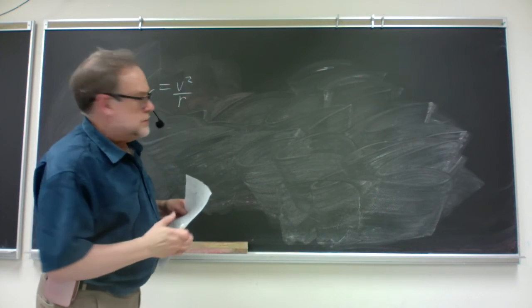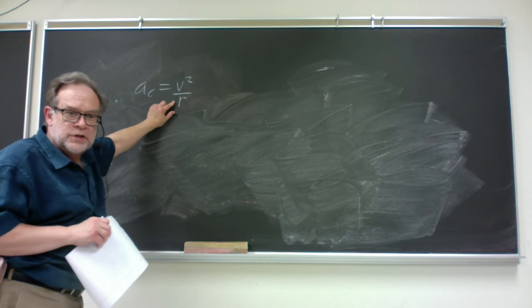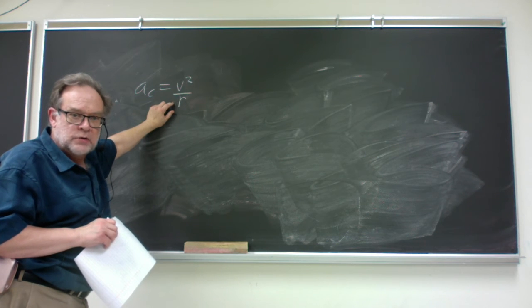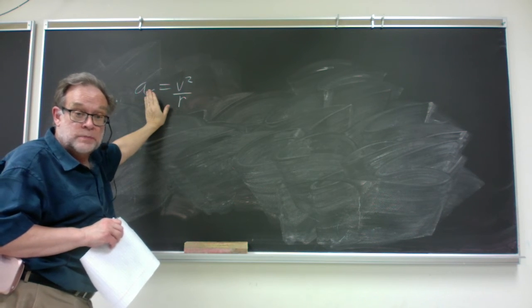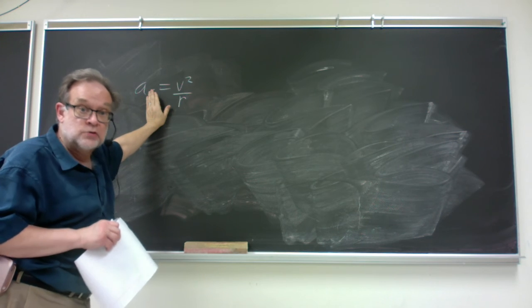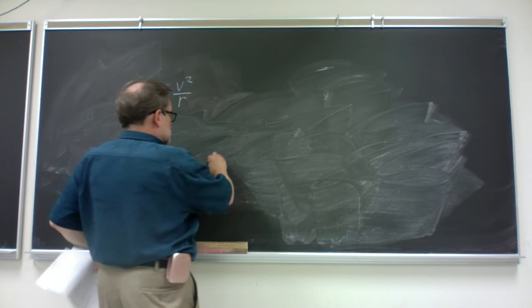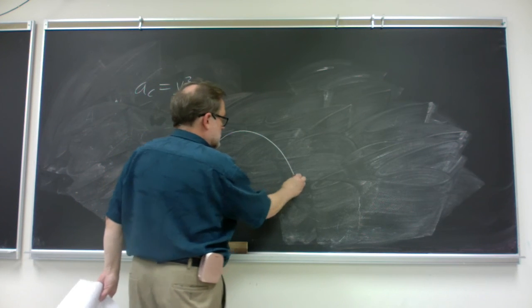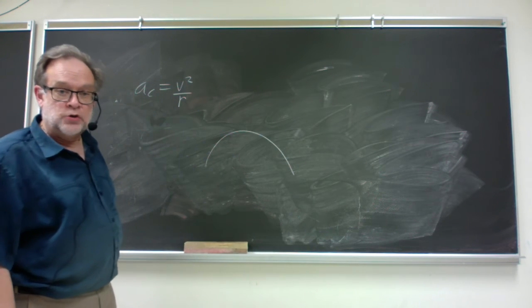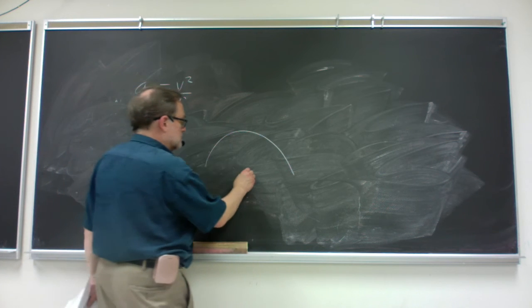And then the last thing to think about when thinking about centripetal acceleration and why it's related to speed and radius: why is it that a larger radius would correspond to a smaller centripetal acceleration? Let's do the same kind of A-B comparison. So let's imagine A is moving on a circular path with a big radius,